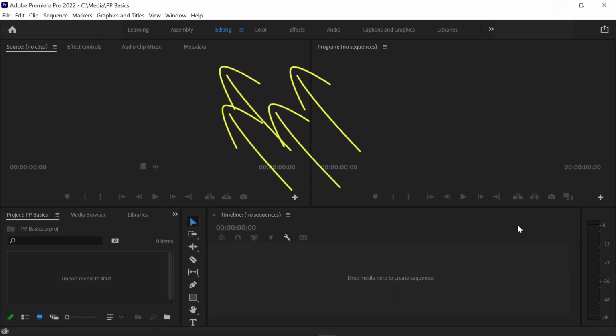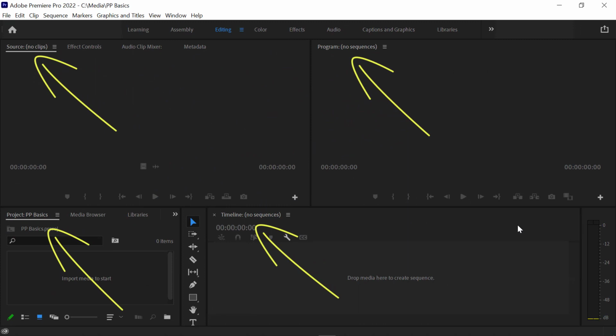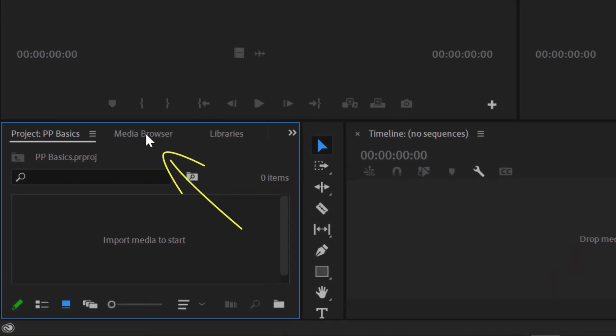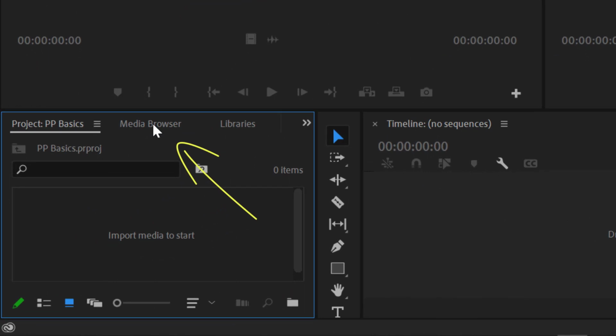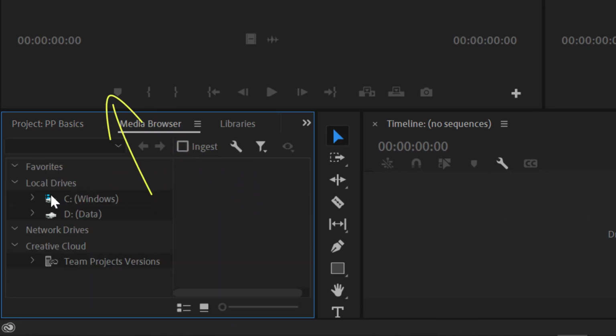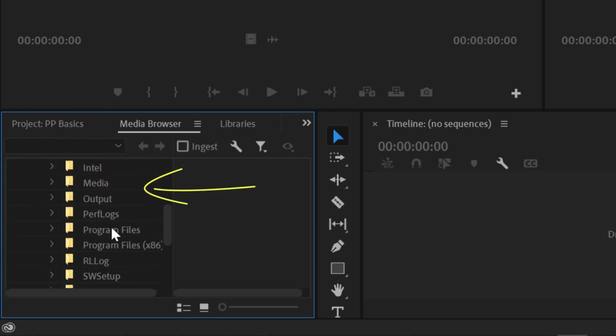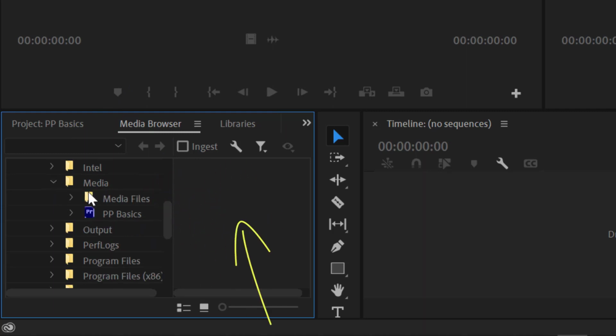You will see 4 main panels where you can edit your new project. To get started, I need to import media into my new project, and if I click the Media Browser tab in the Project panel, I can locate my media for this project. I know they are inside my Media Files folder, so I will navigate to that folder, and once I am there,